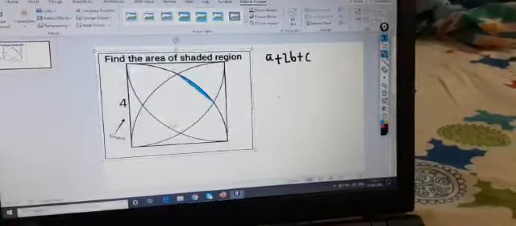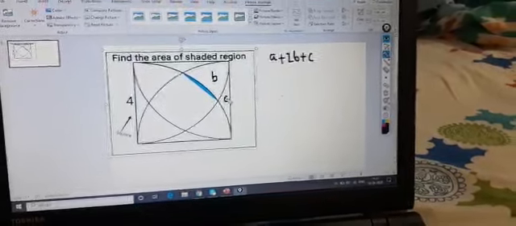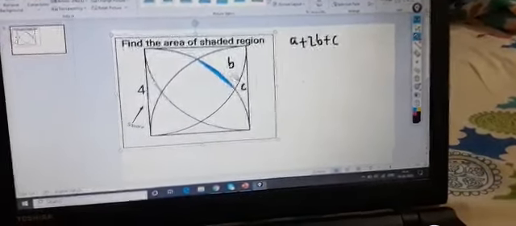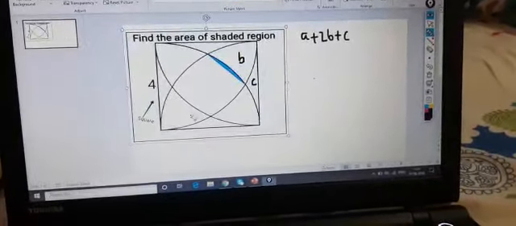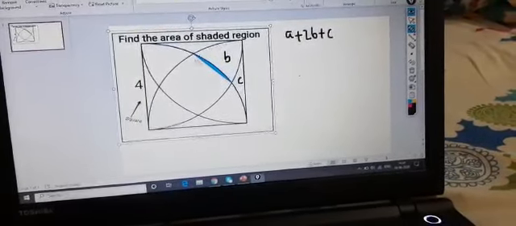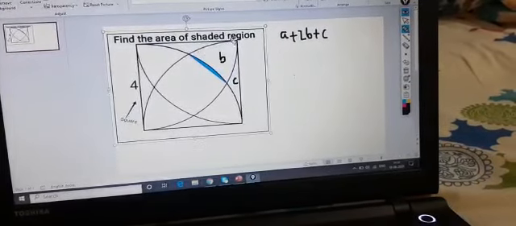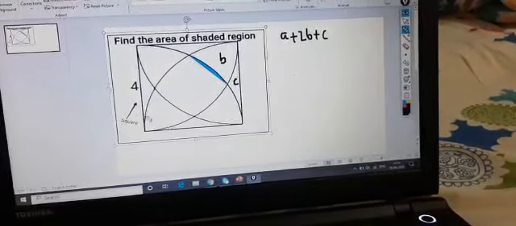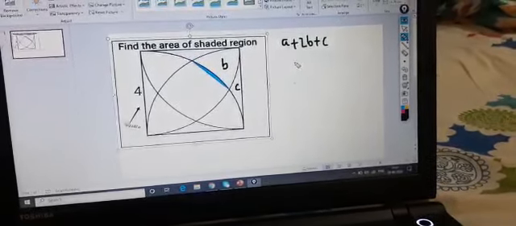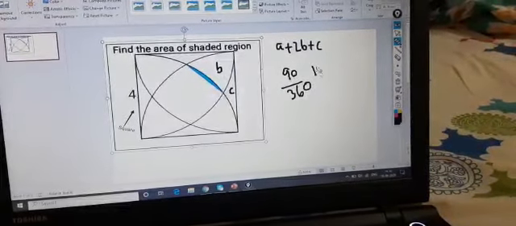So now again I'll try to find out area of this part and this part. So how can we get area of B and C? So we have this part now. If you see this sector, this is a part of a bigger circle. This part I'm showing, this part, this part, this part. So what would be that area? It will be 90 by 360 into pi r square,